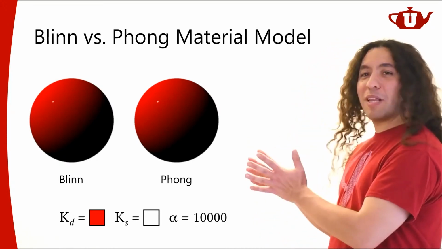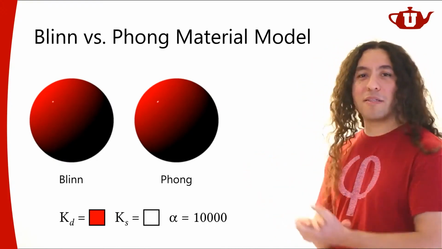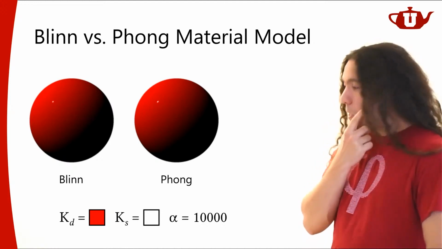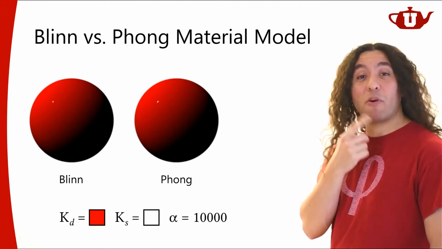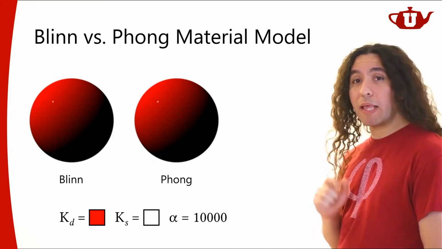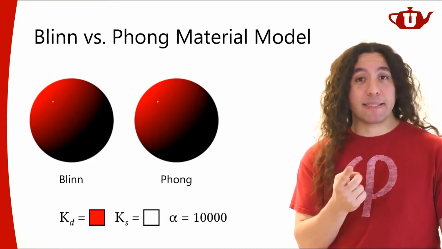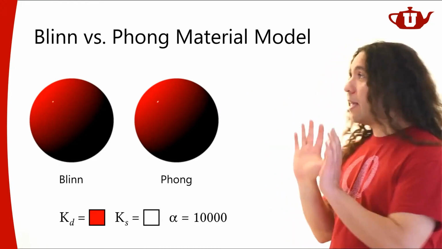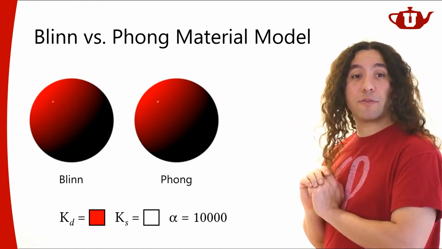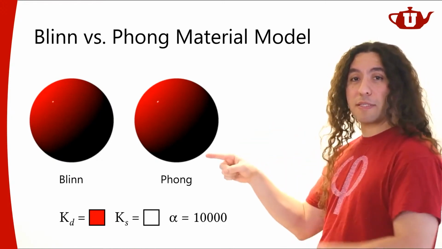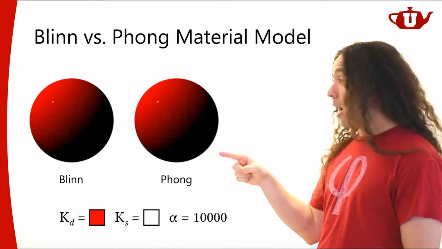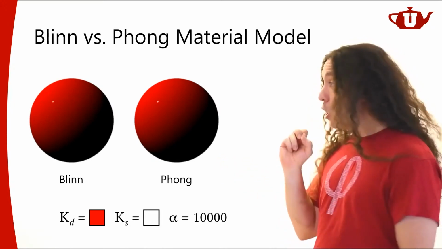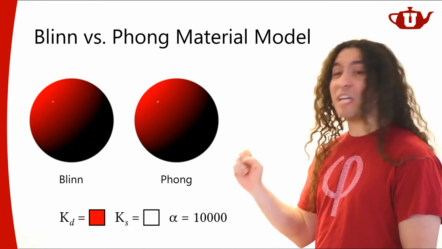Okay, so this is the blend model and the Phong model, and they all look very similar. There's one thing that's a little bit of a problem for both of them, though. Now we get light, we get shading, only on the part of the surface that is facing towards the light source. This other part of the surface, this backside of the sphere here, I'm getting no light. What I mean is I'm getting literally no light, no shading, it's pitch black.